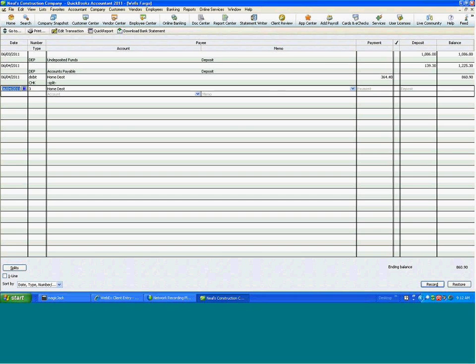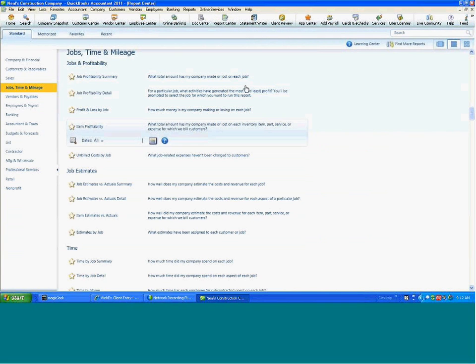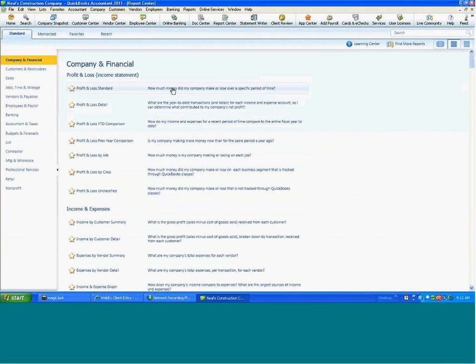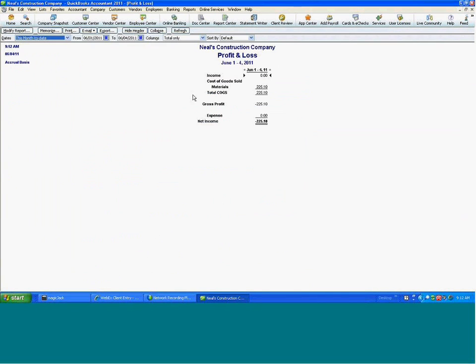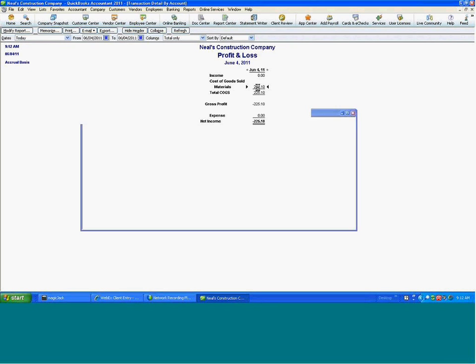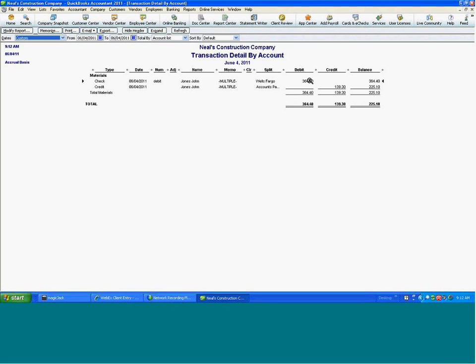Now if I look at my check register, there's my $139.30 back. If I go to my reports, financials, there my total materials is $225. There was the original $364.40 purchase. Here was the credits that I got back. So the total bill was